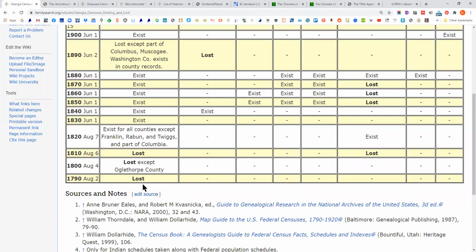Again, you see Georgia, the first 3 censuses were lost except for one county, and then in 1820, 3 and a bit counties are missing. And then there are some stray 1890 records that still exist. So there is this